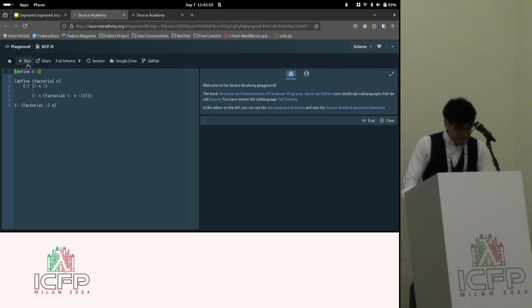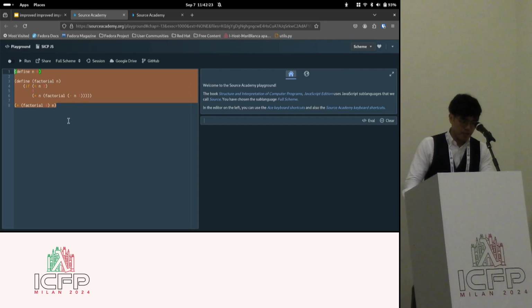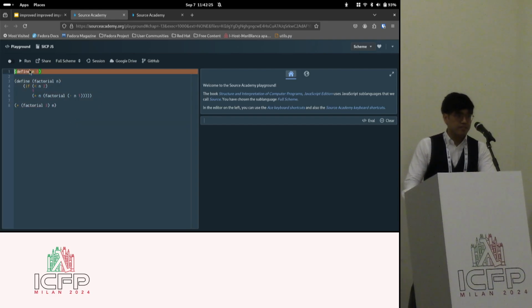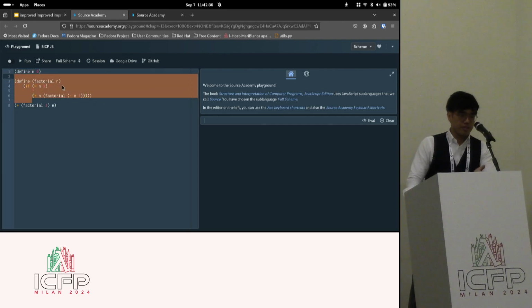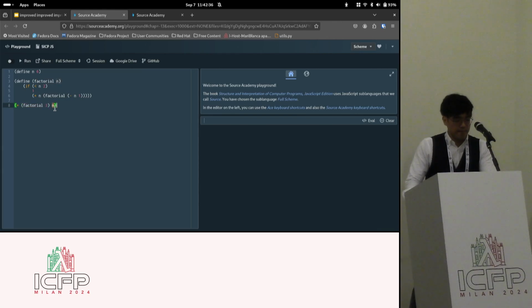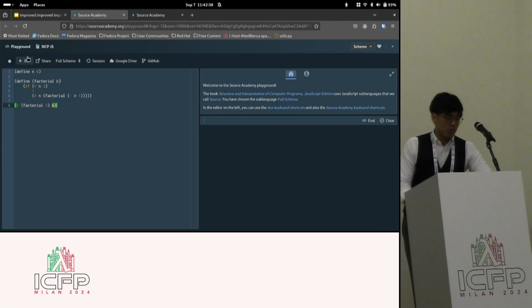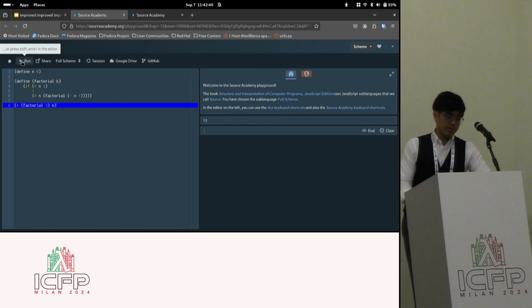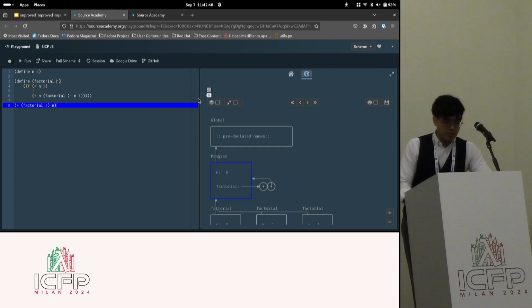So before we execute, we see what's actually happening in our program here. We define an n, n equals 6. We define a very basic factorial function, and then finally we calculate the value of factorial 3 and we add it to n. Okay. So once again, we run the program, and we see that the resulting value is 12. It's just factorial 3, 6, plus 6 equals 12. But more importantly, looking at the CSC machine,